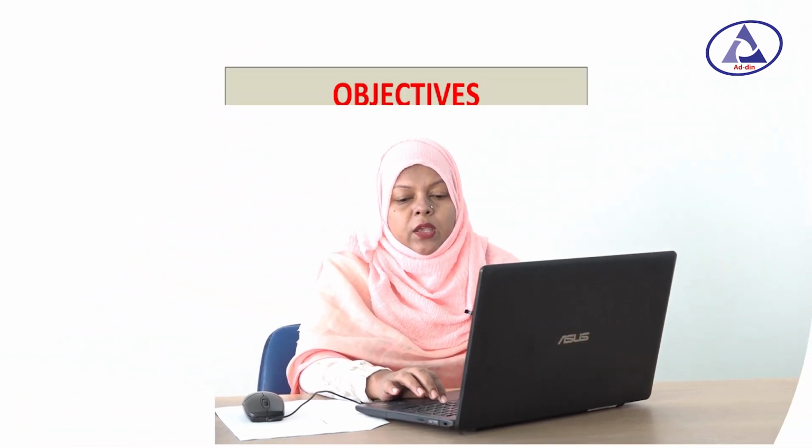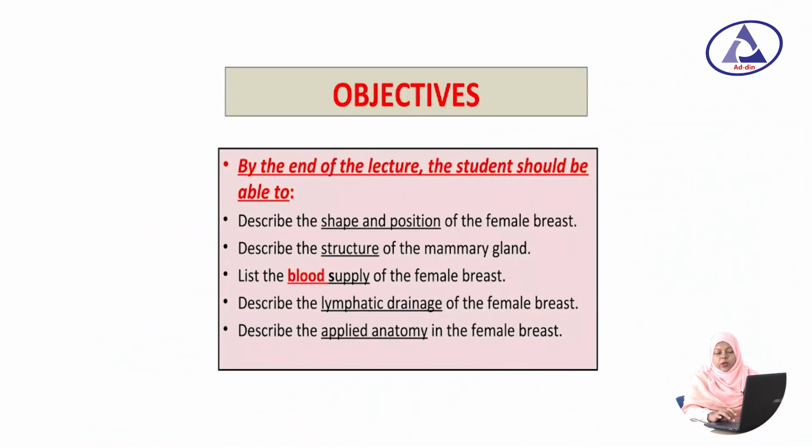Now I am going to give a lecture about the breast anatomy. This is an important structure related to our human body, and it is one of the important criteria for mammals to breastfeed the baby. Mammary gland is present in both male and female, but in male it is rudimentary and in female it is a well developed structure. From this lecture we will be able to know the shape and position of the female breast,